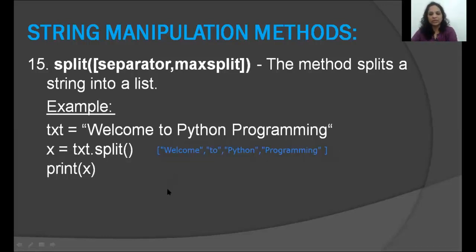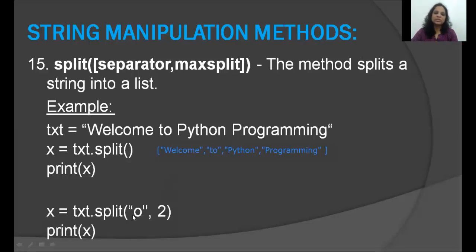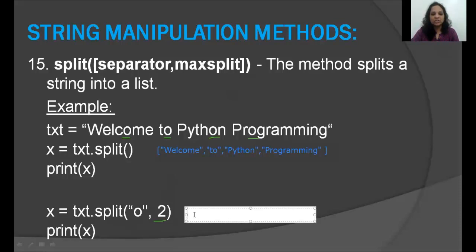Then in that scenario, now in this case, I said split O comma 2. The splitting has to be done on the letter O. And you have to split only 2 times. Now, if I look at this string, I have a O here, I have a O here, I have a O here, and I have a O here. So I have 4 O's, but this example tells me to split it only 2 times. Then in that scenario, what is the list going to be? The list is going to be having WELC, that's 1 string.